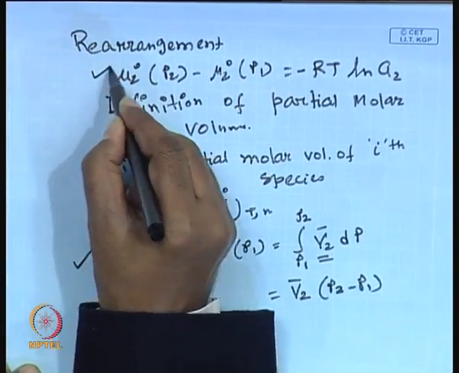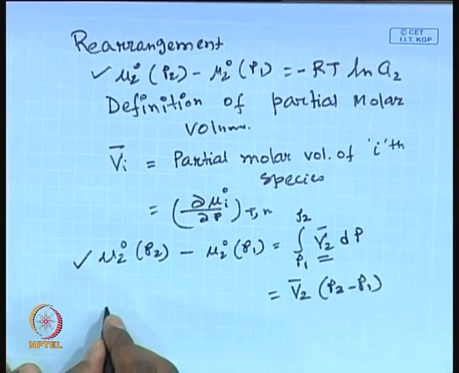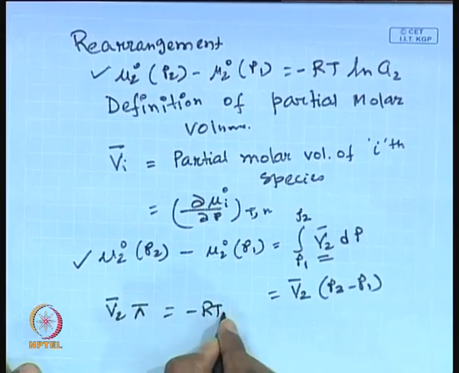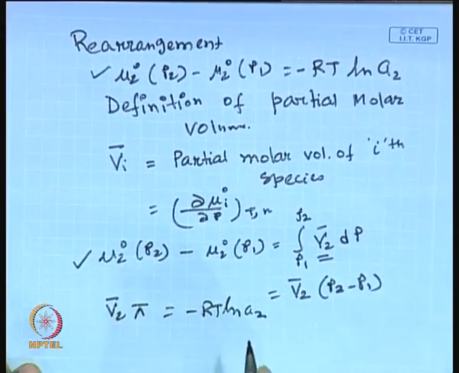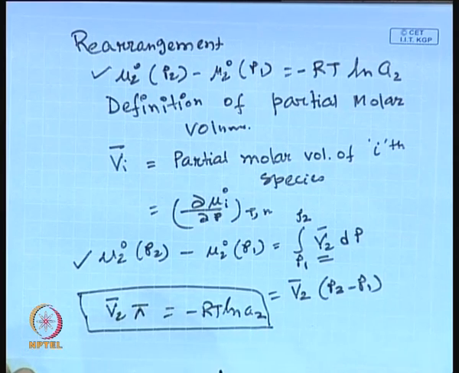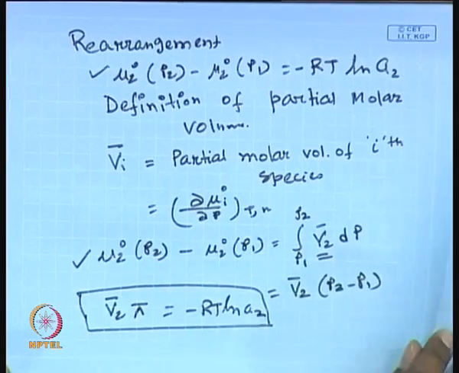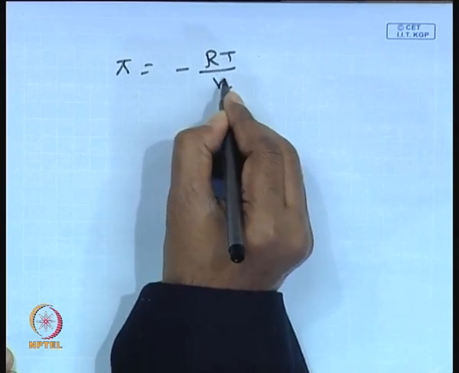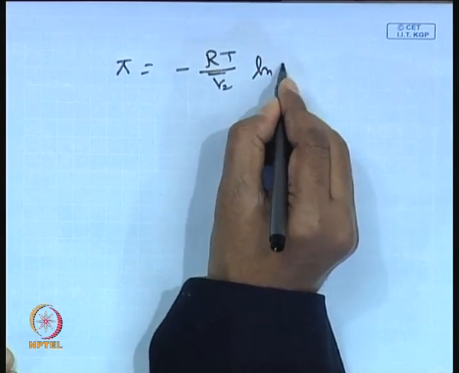So, now we combine this equation and this equation, you will be getting V2 bar times pi is equal to minus RT ln A2. So, this will give a direct relationship of osmotic pressure with the activity of the solvent and temperature. And of course, the molar volume of the solvent, and pi becomes minus RT by V2 bar ln